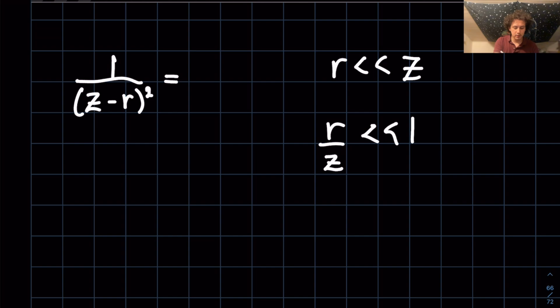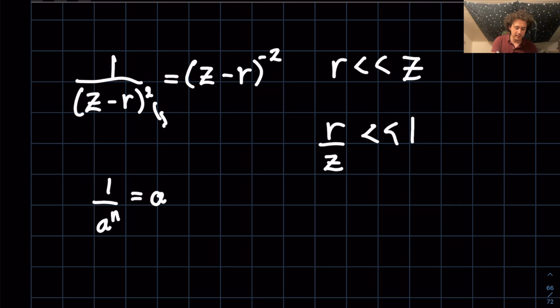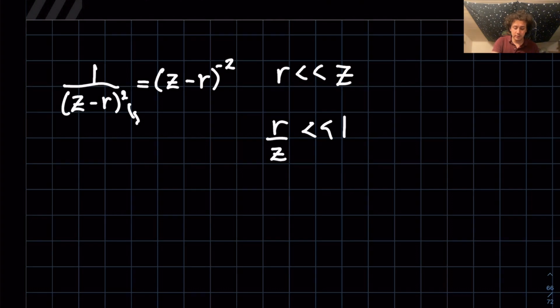So let's say, okay, we can rewrite this as z minus r to the power minus 2, right? Because it's a reciprocal, and so we can just negate this right here. For example, 1 over a to the n equals a to the minus n. So that's where that's coming from. And so using this z minus r to the minus 2, we can also expand it to say, okay, well, let's multiply by a special form of 1, or z over z, right? Because z over z equals 1, times z minus r,